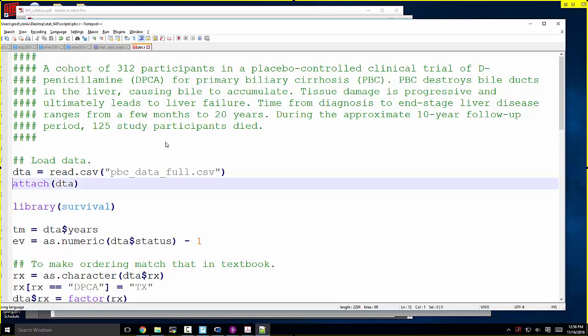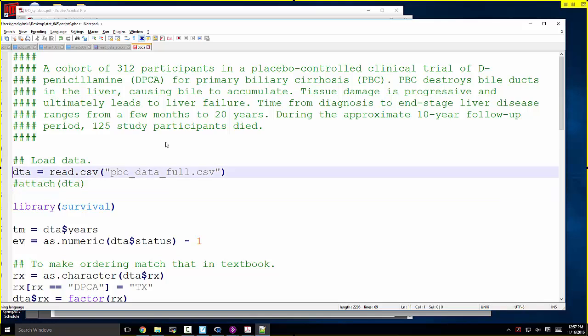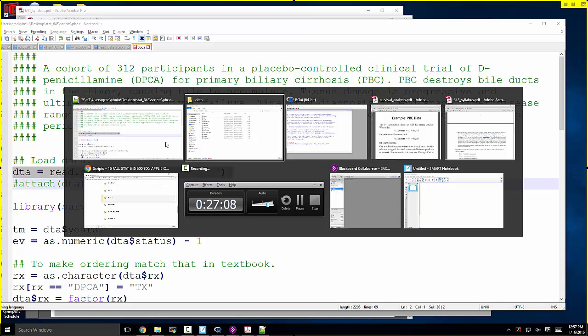And some of my scripts use the attach command, some of them don't. The ones that I have attach in them are usually my older scripts because I don't prefer using attach so much anymore. It works, it can work, but what attach does, just FYI, is if you load in a data frame, like let's load this one in,